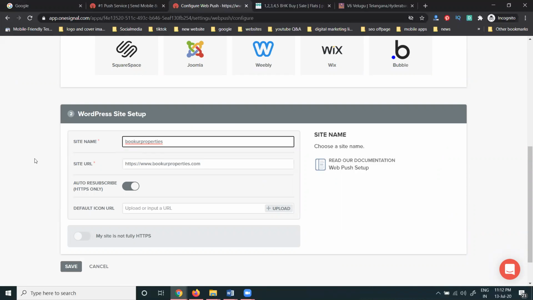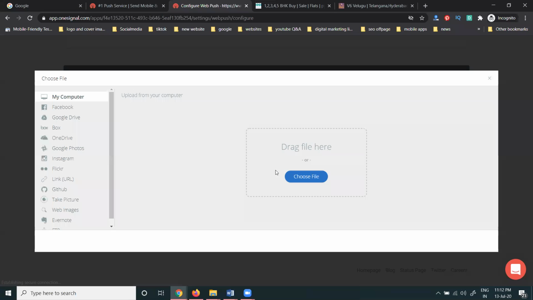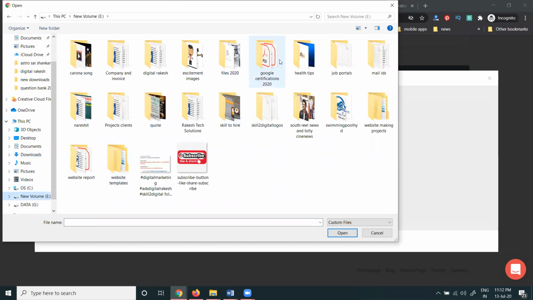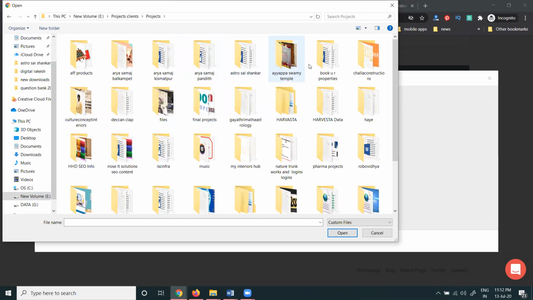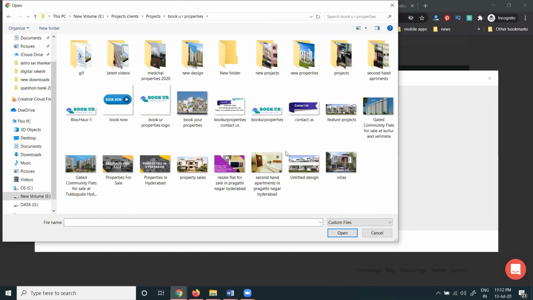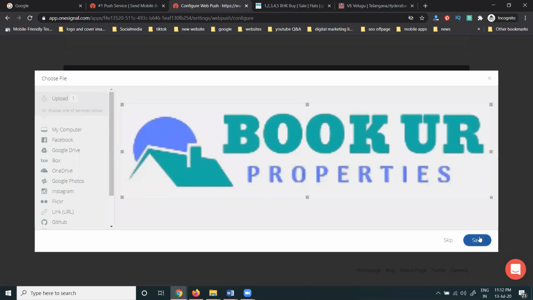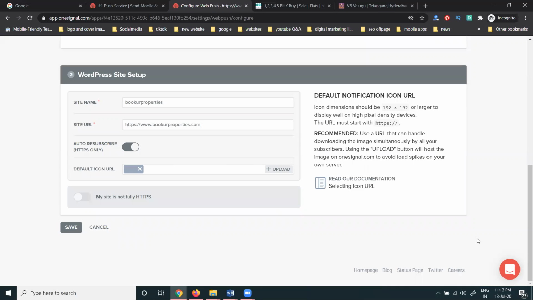Now, here you can upload your logo. You can upload the logo option. So upload the logo. Where the exact logo is, we can use that logo. A transparent logo is compulsory to use. That is called a PNG image we can use. Save it. Here, the logo will be done.